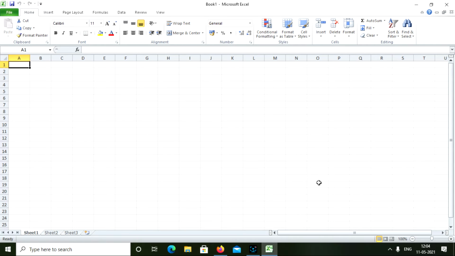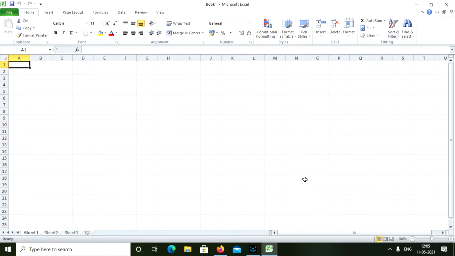Okay, so today we will start with the topic cell reference. What is a cell reference? The cell address that we use in a formula is known as the cell reference. For example, A1, where A denotes the column name and 1 denotes the row number. With references we can use the data from different parts of the worksheet or different sheets of the workbook.